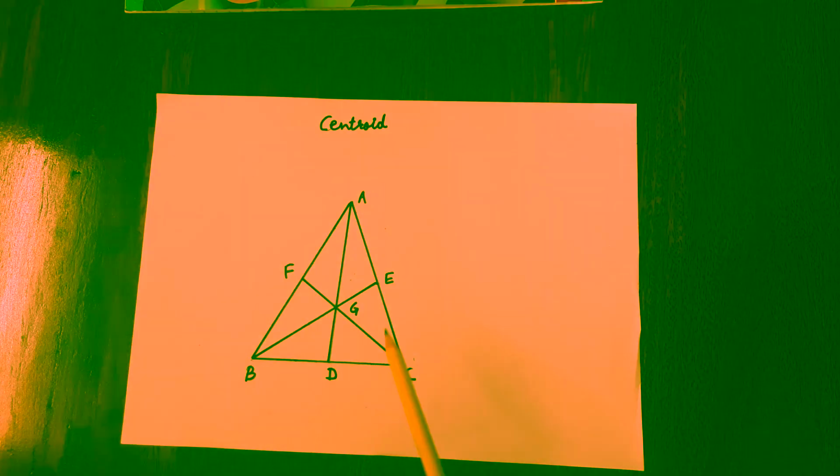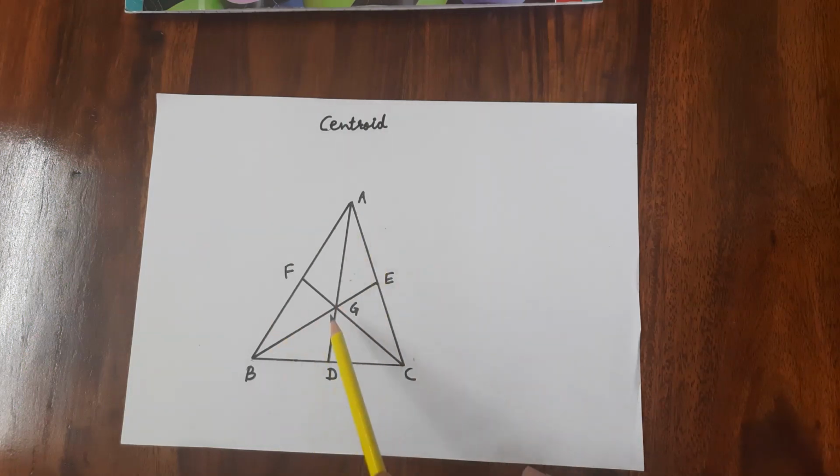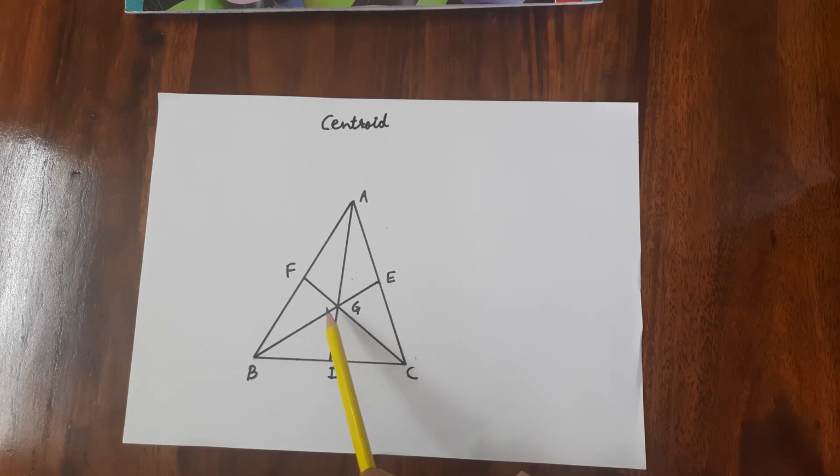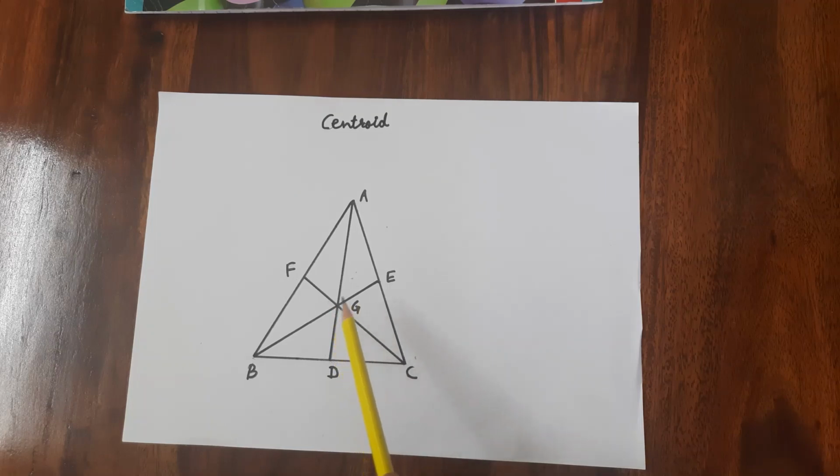Now what is centroid? These three medians are meeting at this point G. So this point G is called the centroid of a triangle. Centroid of a triangle is the intersection of the three medians of the triangle. Okay, so now let us